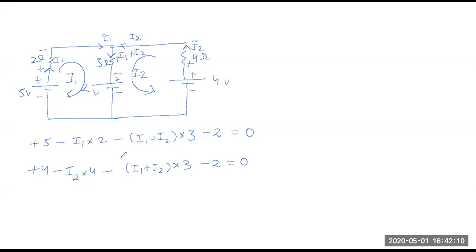There are two unknown variables and two equations. You'll have to tell me what will be the value of I1 and what will be the value of I2. And the last thing which you'll have to tell me is what is the value of I1 plus I2. Right? Because that's the current in 3 ohm.